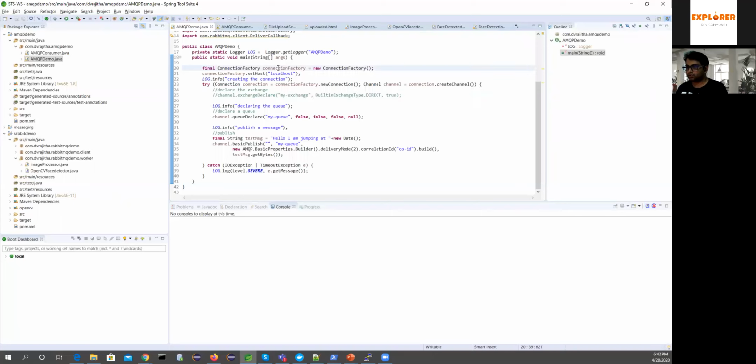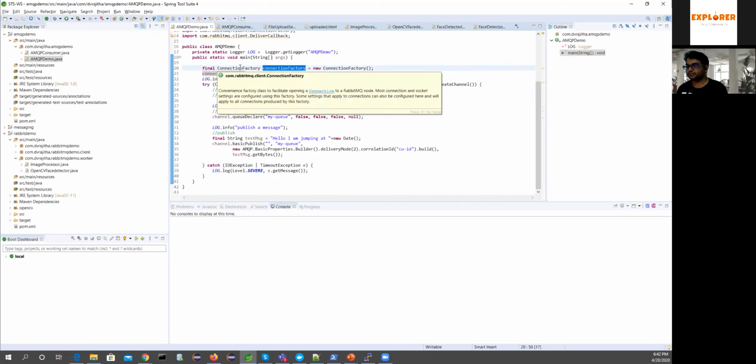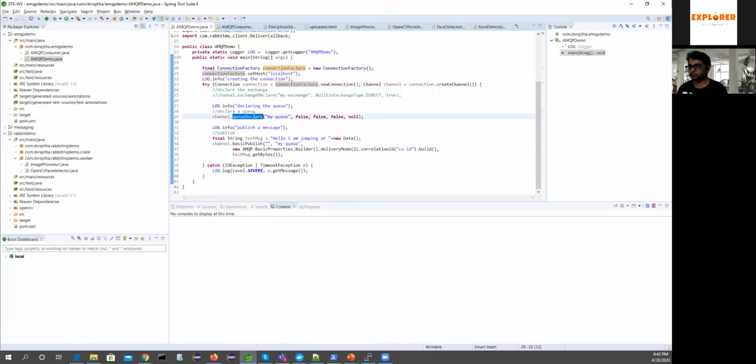Here this is a Java based example, but as you saw in the previous slides, the method calls are the same. To declare a queue, this is channel.declare, and to declare an exchange, it is like this. So in your preferred language, you can use the client library for that specific language, and since you have some idea about the AMQP model now, you know what's going to happen.